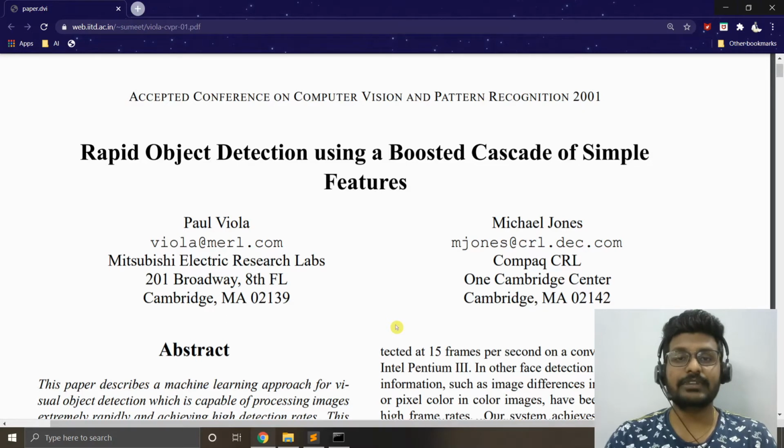Hello everyone, welcome back. Today we are going to create an application to detect faces. Yes, we are going to detect faces on images and also in a live webcam feed. So when it comes to video processing or live image processing, we just want to consider two important points here. One is the speed and the second is accuracy.